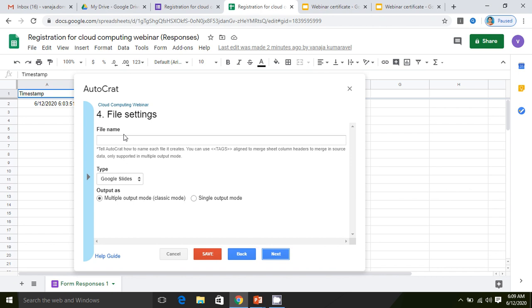Okay. So this is a step. It's asking the file settings. Okay. This is a very important step here. Like we know that whenever we have a Gmail account, our own account, there are some restrictions to the number of mails to be sent per day. Like for example, it is going to be 100 mails per day. We can send it from our own Gmail account.